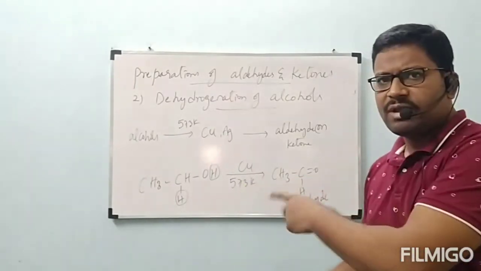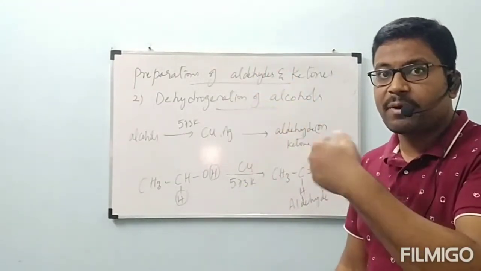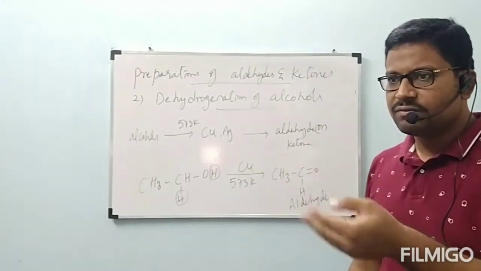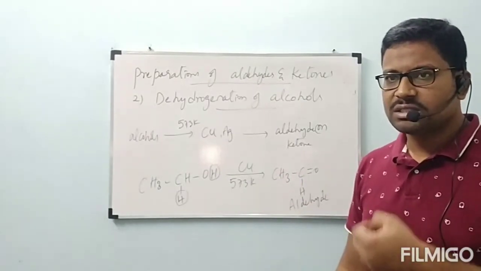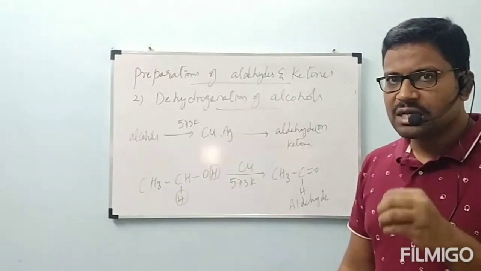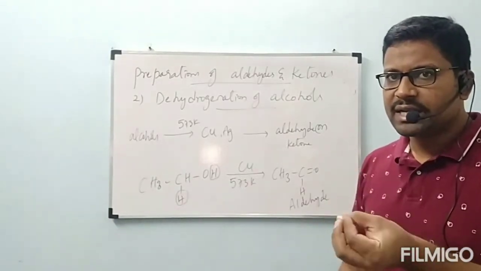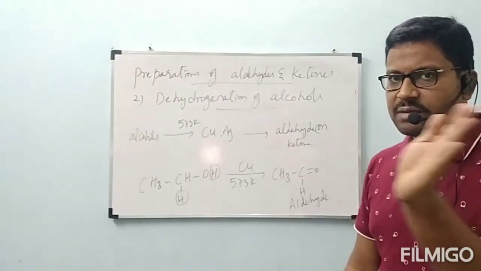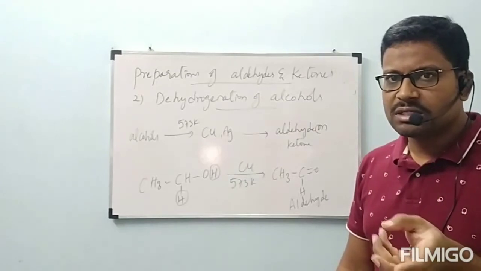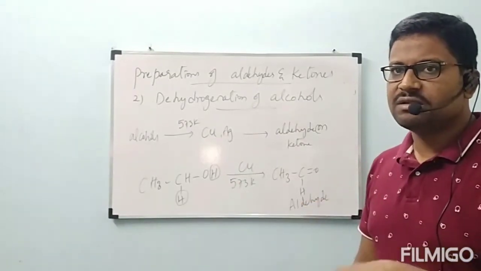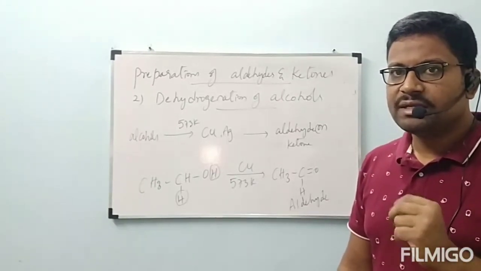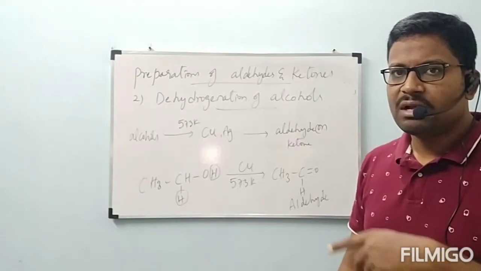The same thing we have studied in the properties of alcohols. In properties of alcohols, if you remember, before this lockdown we completed the last class, that is oxidation of alcohols. That's a separate topic. Under that, when alcohols pass over heated metal like copper at 573 Kelvin, above 500 Kelvin, we will get aldehydes or ketones. Primary alcohols give aldehydes, secondary alcohols give ketones. Tertiary alcohols will not undergo dehydrogenation easily; they will undergo elimination to form alkenes.